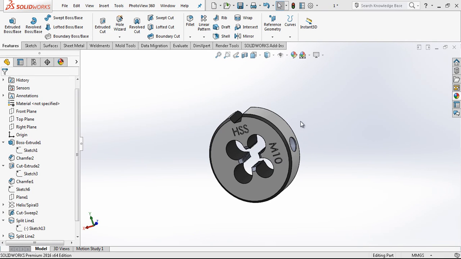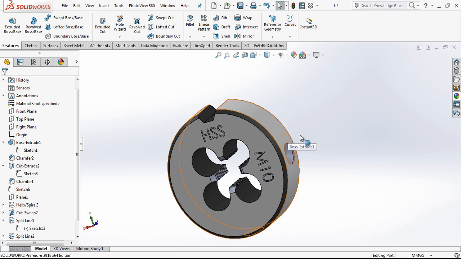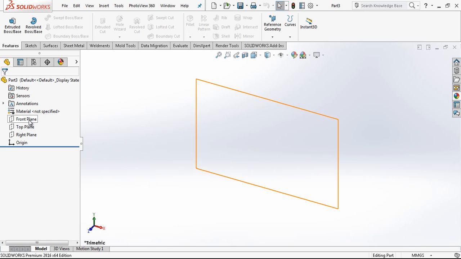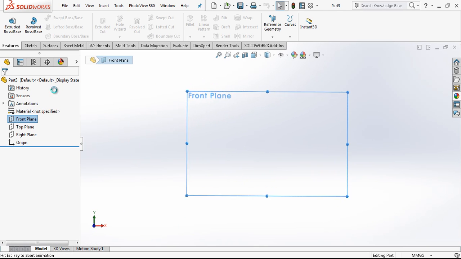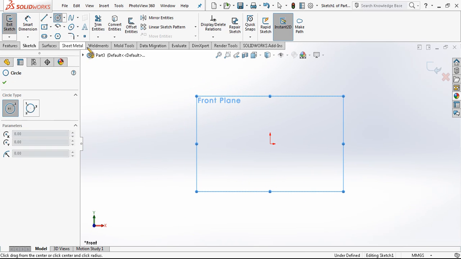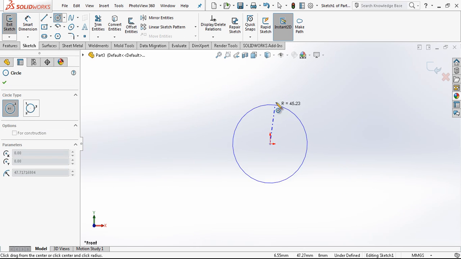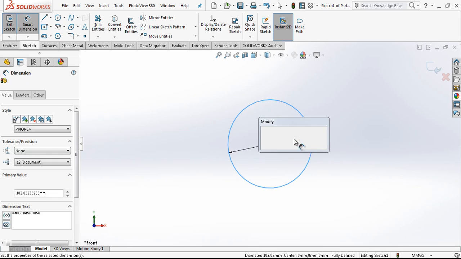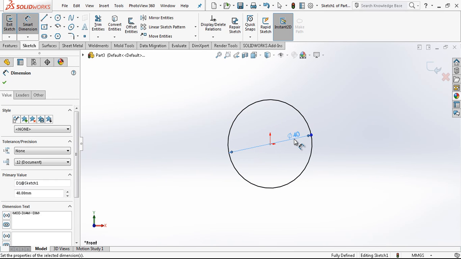In this video we are going to be modeling this metric 10 die, a circular die. Let's start together. We are opening a new part, and in front plane we are creating a sketch, and here I am putting a 40 millimeter diameter circle,